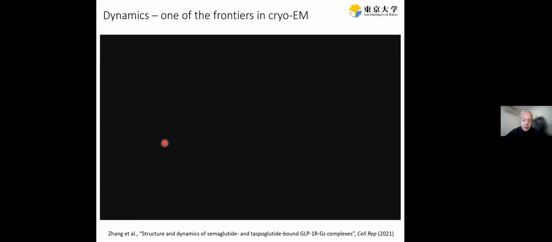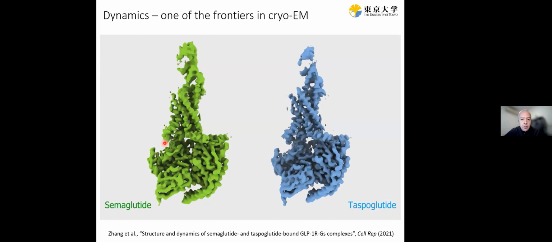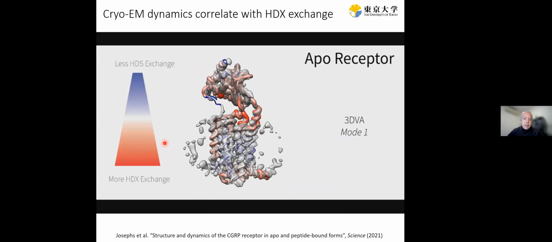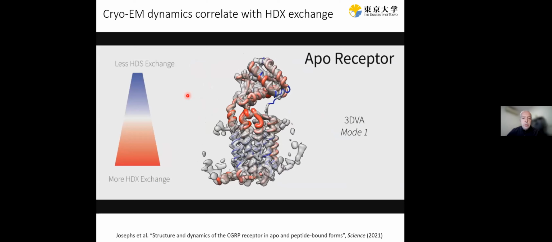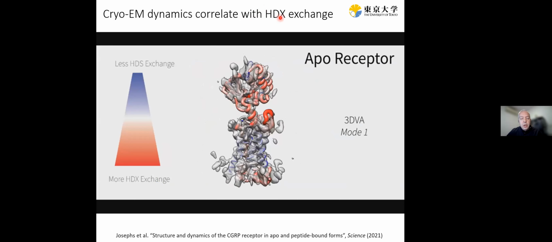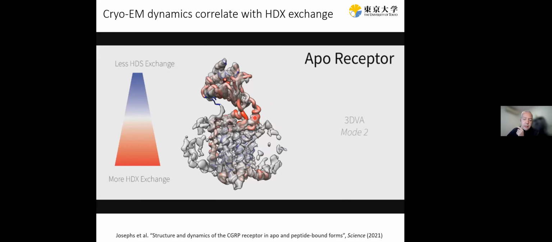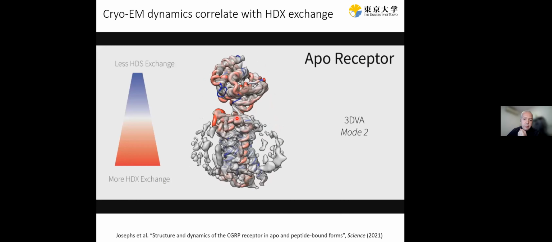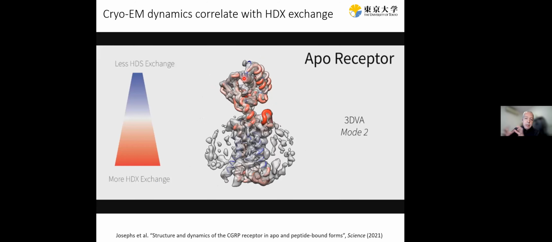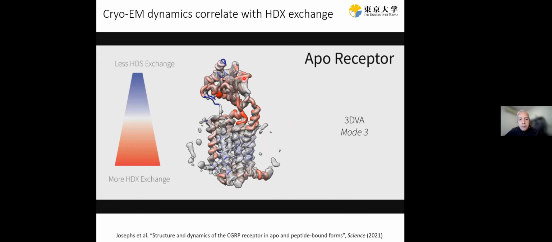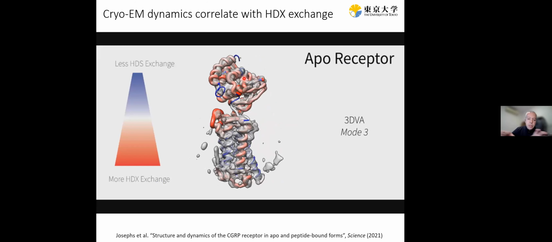And that shows that dynamics, as expected, play a very important role in the signaling profile and bias of the receptors. And another analysis that was done in the paper of the receptor-only structures: there was also very nice data of hydrogen deuterium exchange mass spec, and this data, shown as a color code on the model here, correlated very nicely with, again, 3D variability analysis, showing that dynamics are corroborated by both of these techniques. And I think such integrative approaches will continue to grow in terms of the numbers of approaches people use to study their